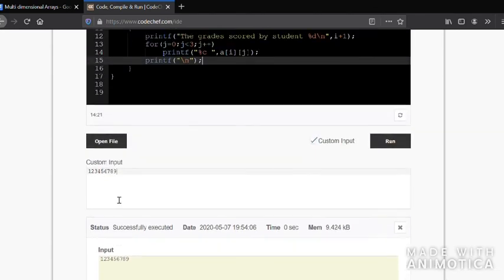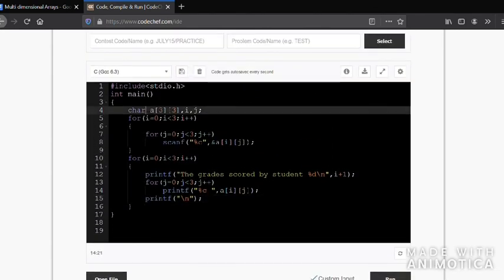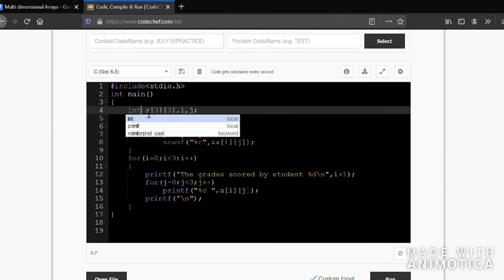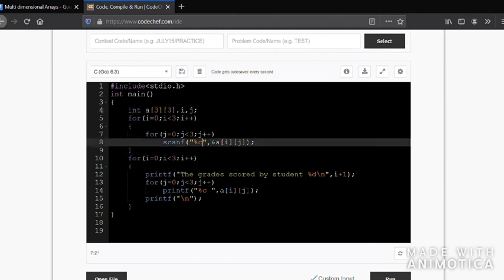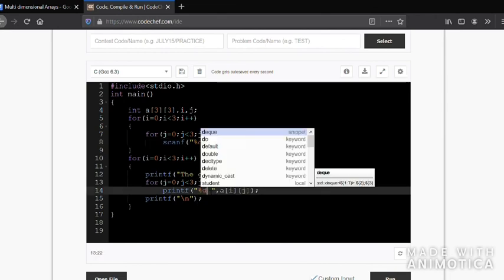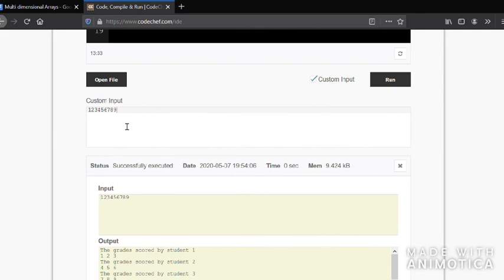Now let us try giving the same for int. Okay, I'm setting everything as int. Now let's try 2, 3, 4, 5, 6, 7, 8, 9. Run.